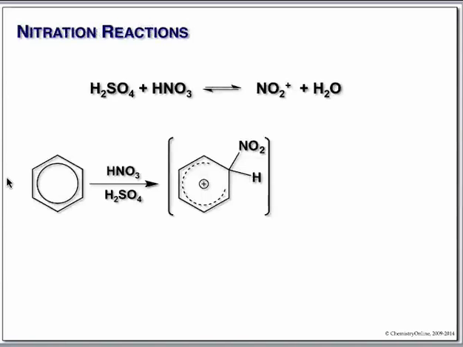We're going to lose the hydrogen. In this case, we would simply make nitrobenzene. You can do this reaction several times. If you had toluene as your starting material, you can nitrate it 3 times, and that makes trinitrotoluene, or TNT. Very, very simple